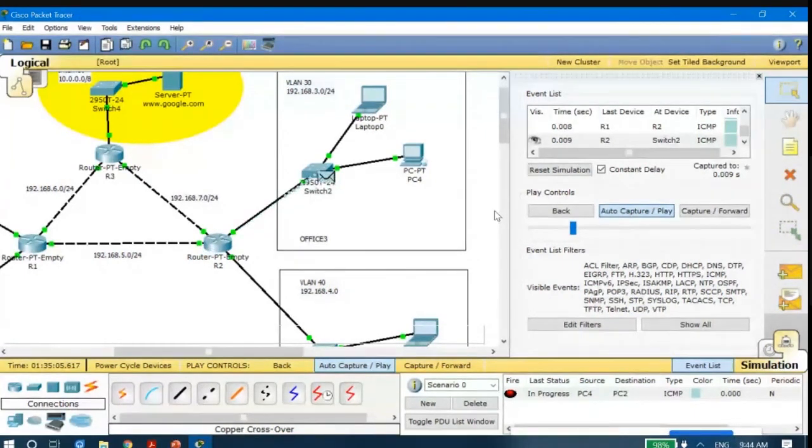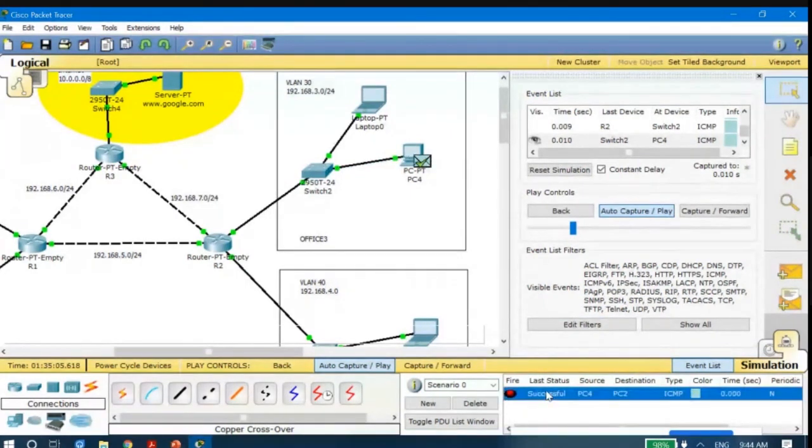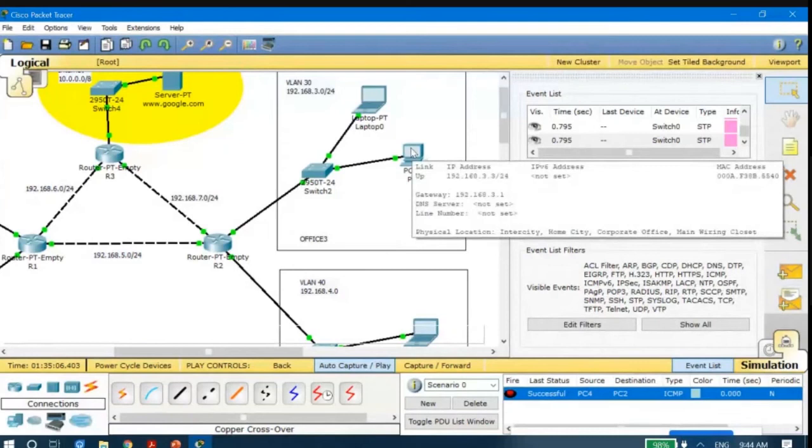The next thing that we will be learning is how to draft a complex PDU. You could see the data transmission is done, and on the bottom of the screen it is showing successful. Once the acknowledgement has been reached, it is successful. Got it? Or any doubt here? Did you get it? How you have to draft a simple PDU? You only have to click on that envelope icon, and then click on the sender and then the receiver. It is as simple as that.